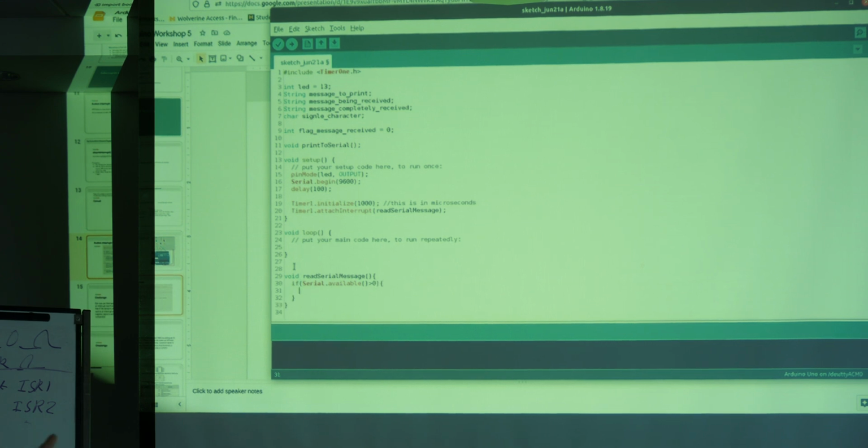What this does, Serial.available just tells us if there's anything in our serial buffer on the Arduino. If there isn't anything, then we want to jump out of this interrupt service routine as soon as possible. We don't need to do anything if the user hasn't sent anything. So all our code is going to go inside this if statement. Then if there is something